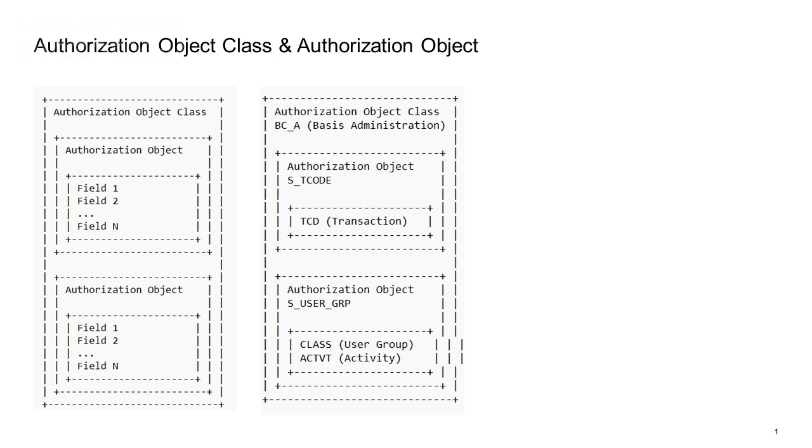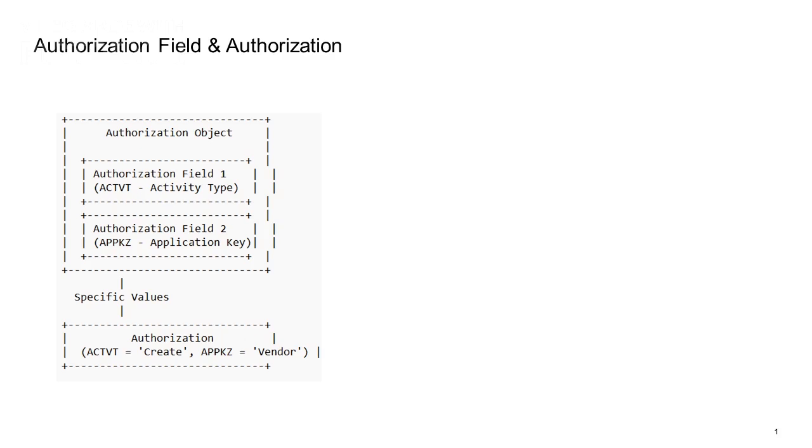ACTVT represents the activity type. For example, create, change, or display. The authorization object contains various authorization fields, such as ACTVT or APPKZ. Each of these fields defines a specific permission. When a user is granted an authorization, it means they've been allowed to perform certain activities based on the combinations of values in these fields. For instance, the combination of values in fields like ACTVT, activity, and TCD, transaction code, determines exactly what a user